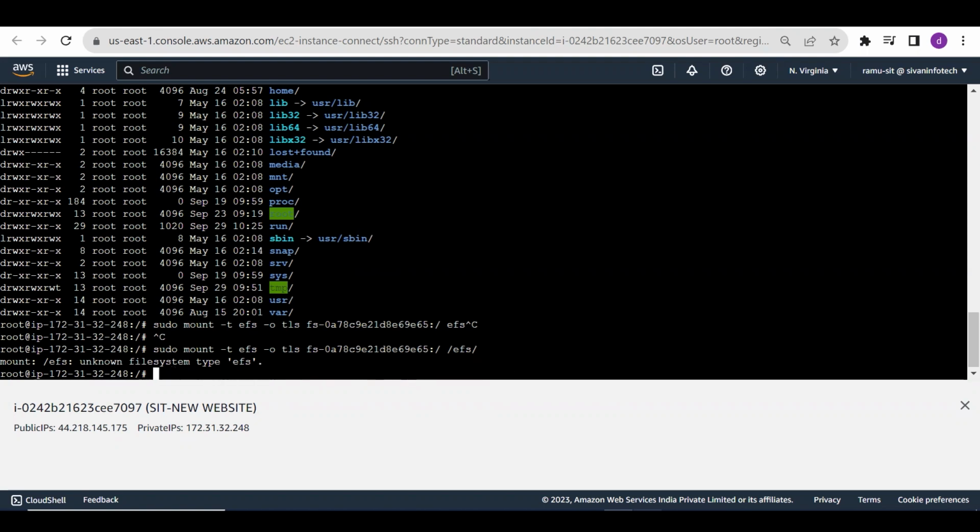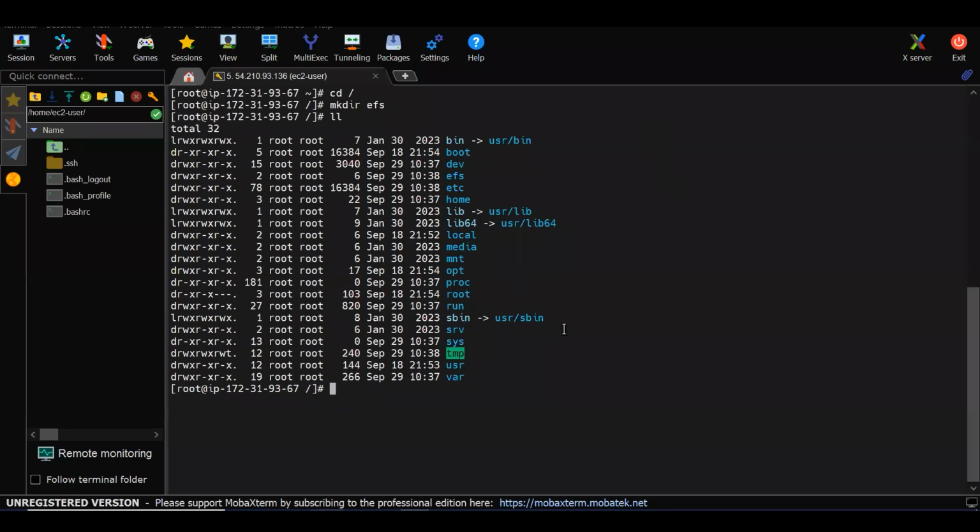What we'll do, we need to install the client. The EFS client will be there, right? Sudo yum install the client. We are installing the EFS. Sir, for connecting to that one, we need the client, right? We need to install the EFS utils. Okay, I am installing that one. Okay, what we did: we launched one Linux, Amazon Linux instance, and we created the one EFS folder in the root. Okay, we are in the root only.